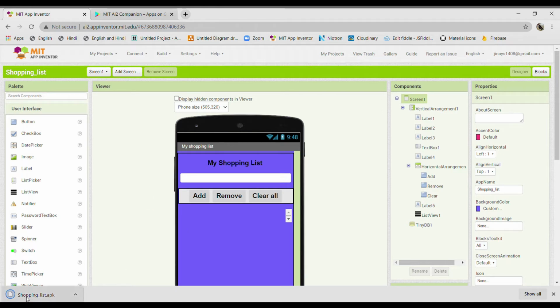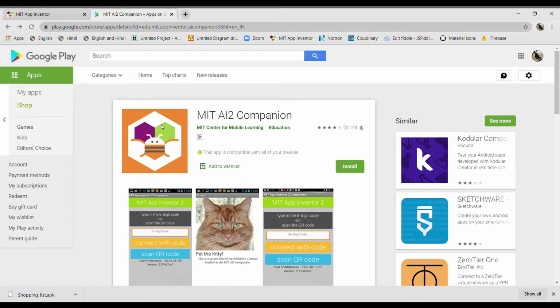So either you can save an APK file wherein you can only use this app, just like we install an app. Let us take an example: if we install an app, we cannot make changes in that app. We can only use it.